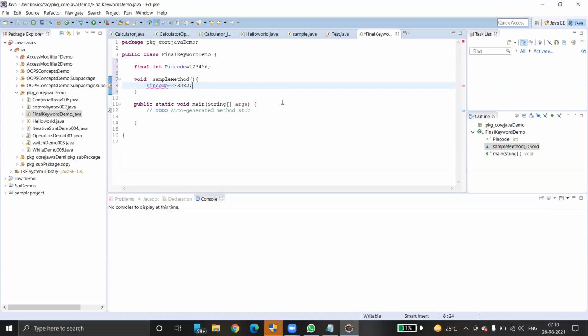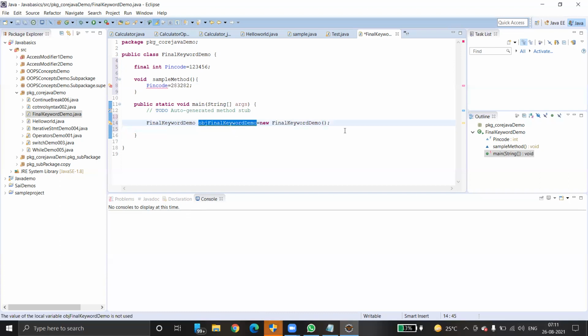In the public static void main method, I just want to call this method, obj equals to. It doesn't allow this; first of all, you can't reassign the value.